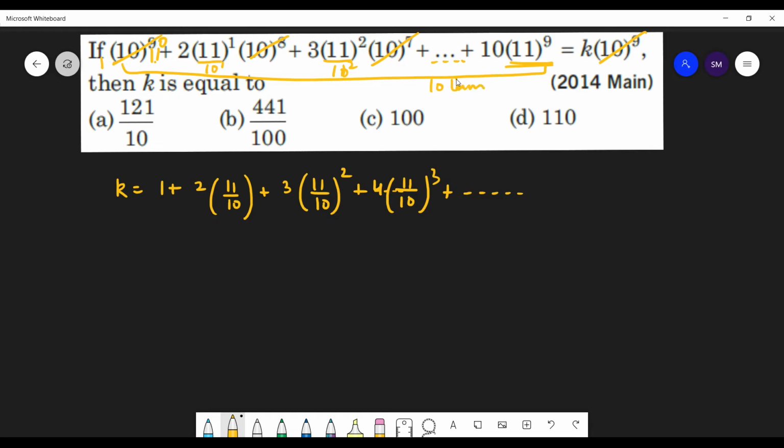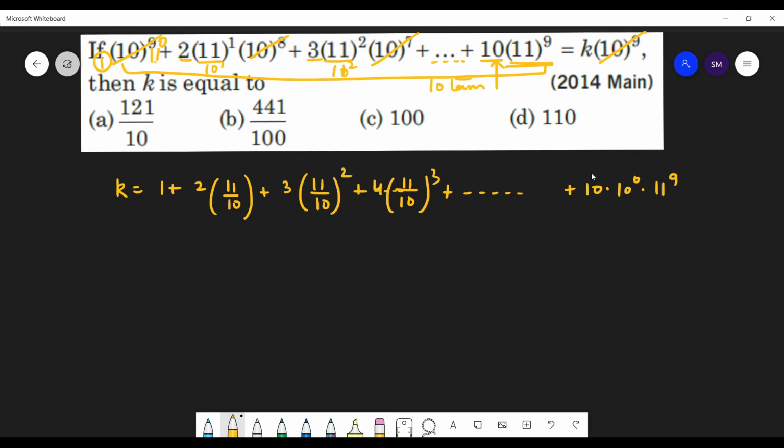Yes, sir. So you have to write 10 terms here. So 1, 2, 3, 4, and in the last term you will have 10 here. So this is the coefficient of the last term, just like I have 1 here, 2 here, 3 here. So this is that 10. This is not 10 raised to the power, because 10 raised to power 11 is 0 here. So here it was 10 raised to power 0 into 11 raised to the power 9.